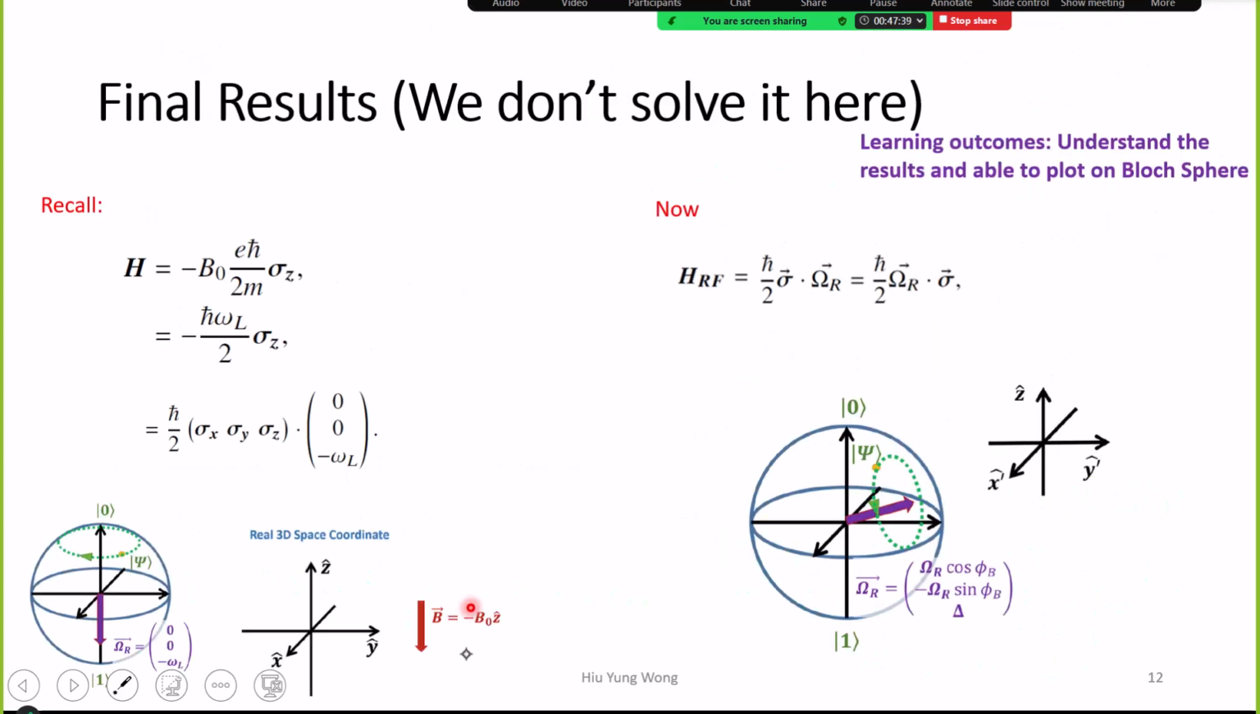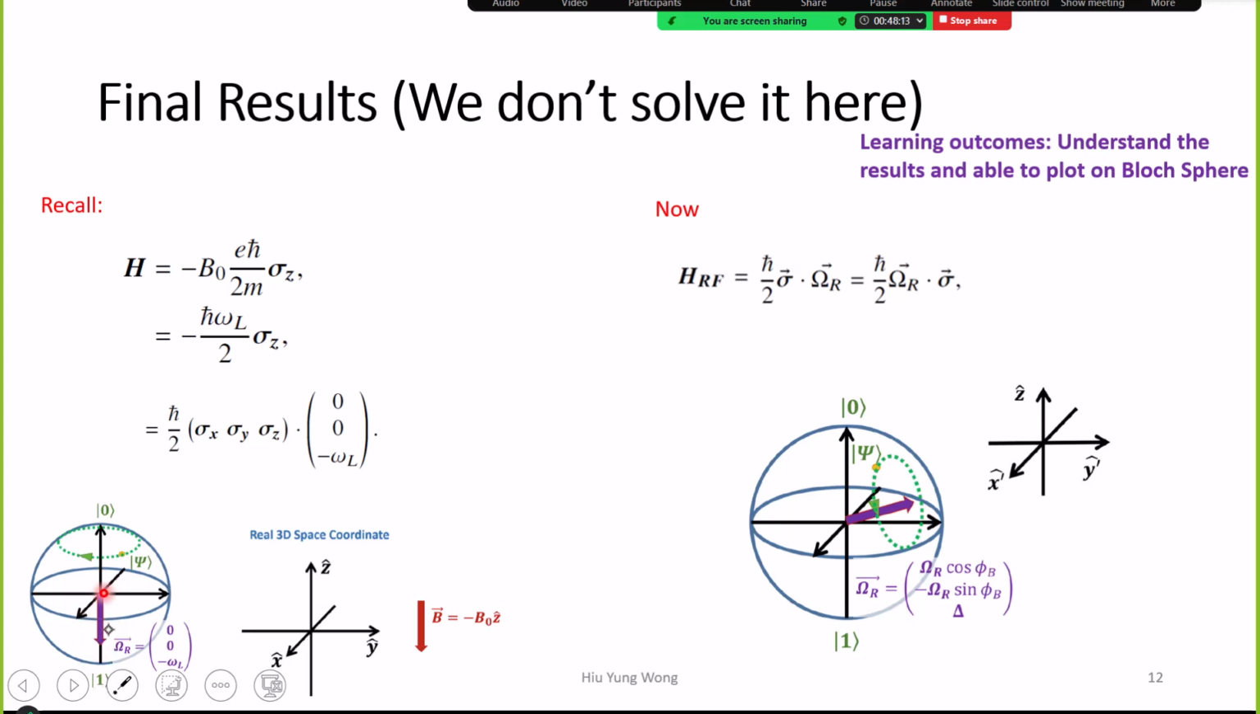Recall, oh, I actually have this here. You have the magnetic field pointing down. You get this Hamiltonian. At the beginning, it was very simple because we only have a DC magnetic field, constant magnetic field, right? But still we can write this as this: sigma X, sigma Y, sigma Z dot product 0, 0, negative omega 1. This is the same as this. You should know how to do dot product. Make sense? And we know it's precessing like this, right? This one you need to go back to study. And we have this